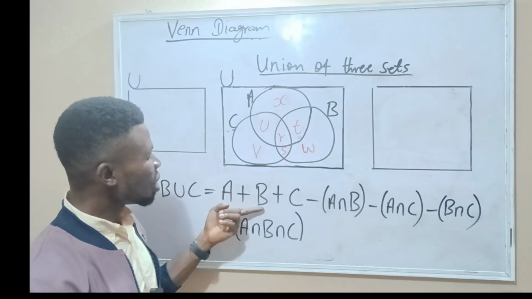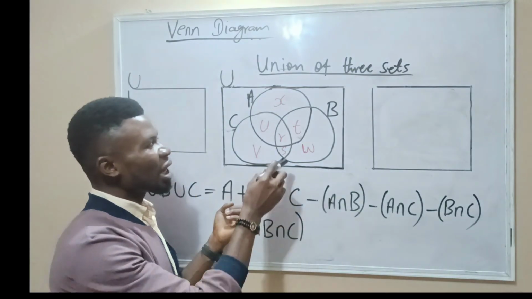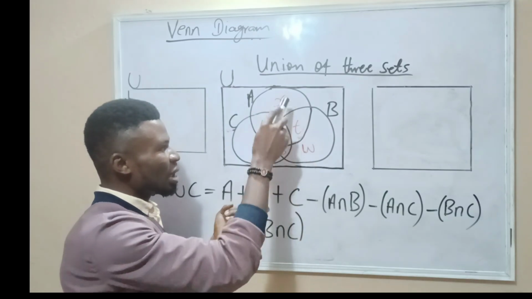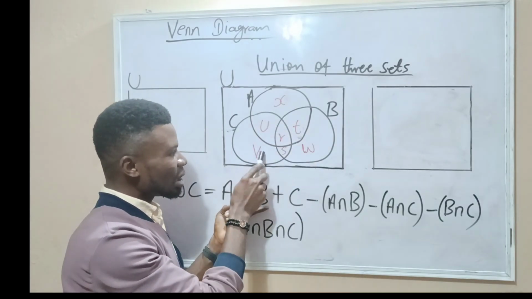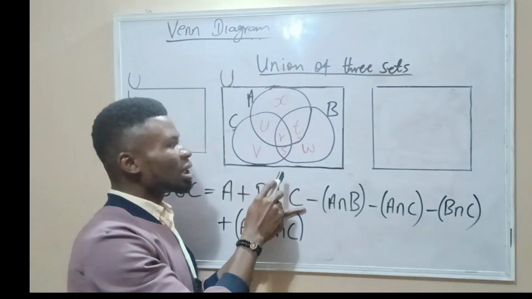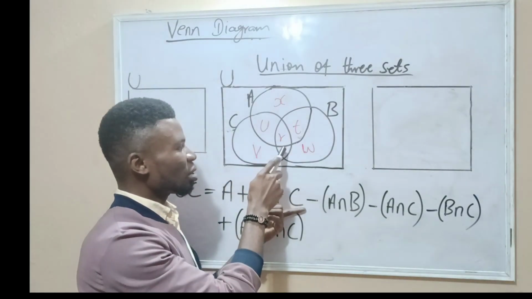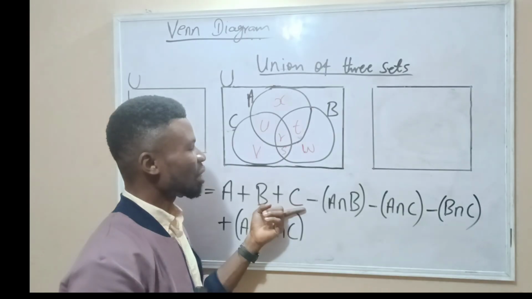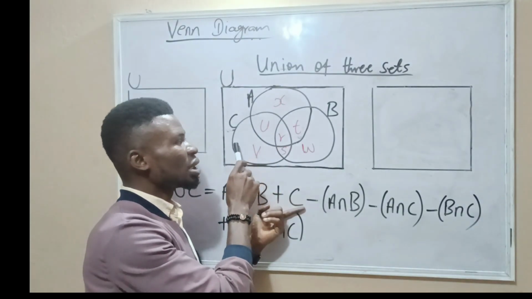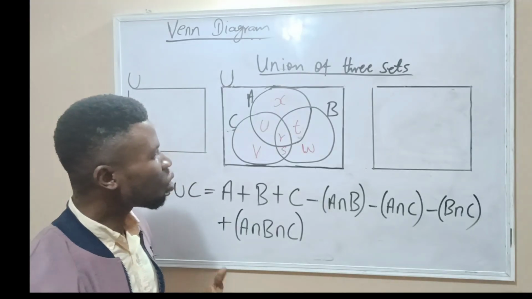And now, everything in B also covers everything in the intersection of the three, and everything in the intersection of B and A, which is here, everything in this, which is this S, plus C. C also did the same thing. It covers this one, this one, and this one, which are not only for C, but the intersection of others. Now, in order to remove those